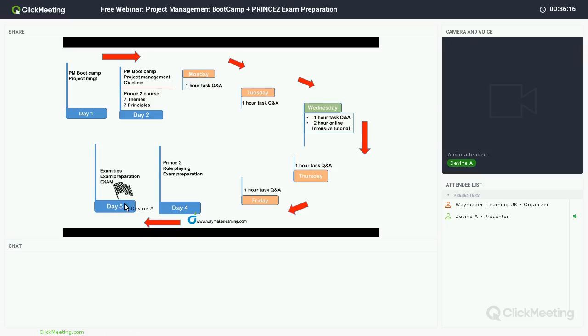So what we do is we classify everything that is done on Monday, Tuesday, Wednesday, Thursday, Friday as another day. So ideally, you have 5 good days of work. Day 1 on a weekend, Saturday, day 2 on a weekend, Sunday, Monday, Tuesday, Wednesday, Thursday, Friday, full days, which will equate to a full days of work. Day 4, a full day of work in Wimica Learning Office. And finally, day 5, where you come in for half a day, go through exam tips, go through preparation exam,